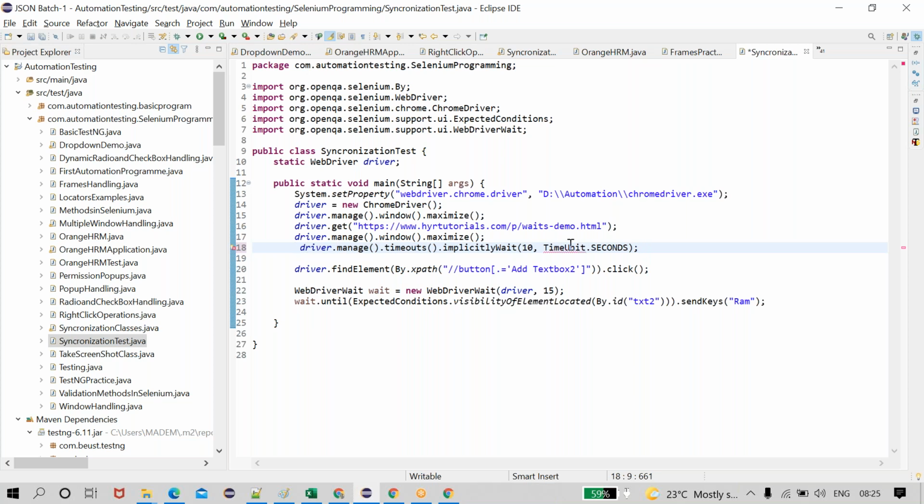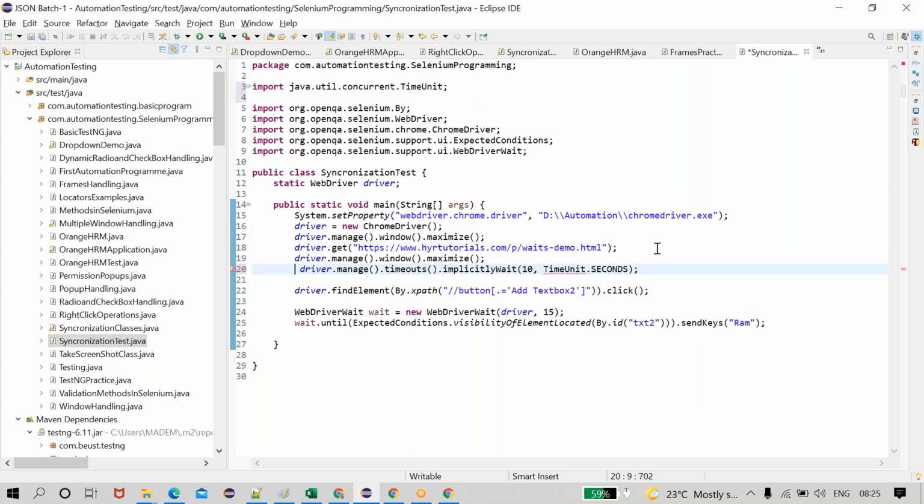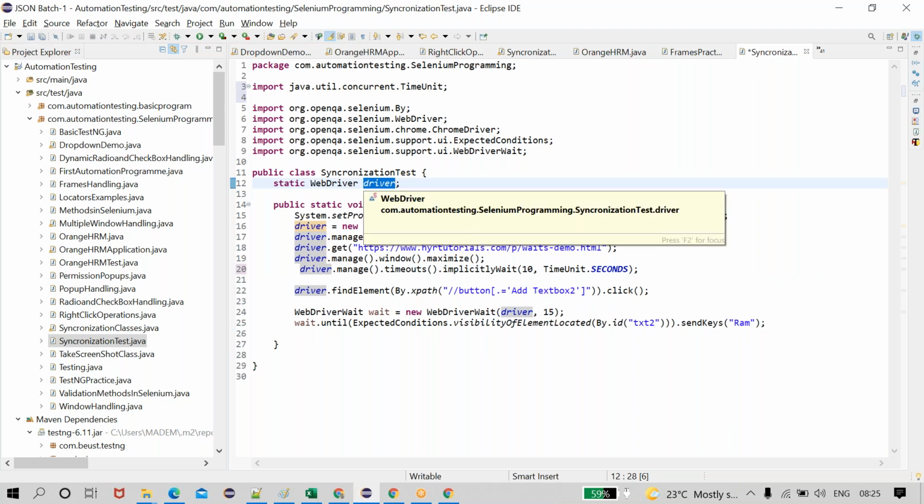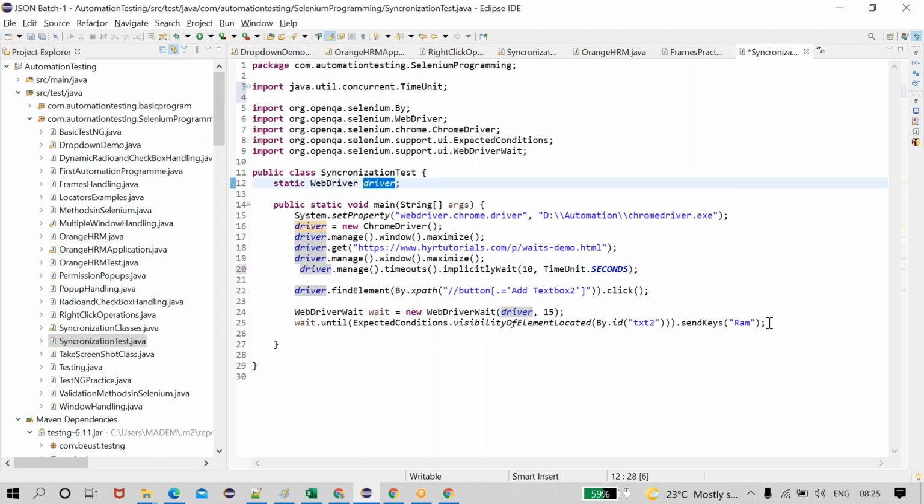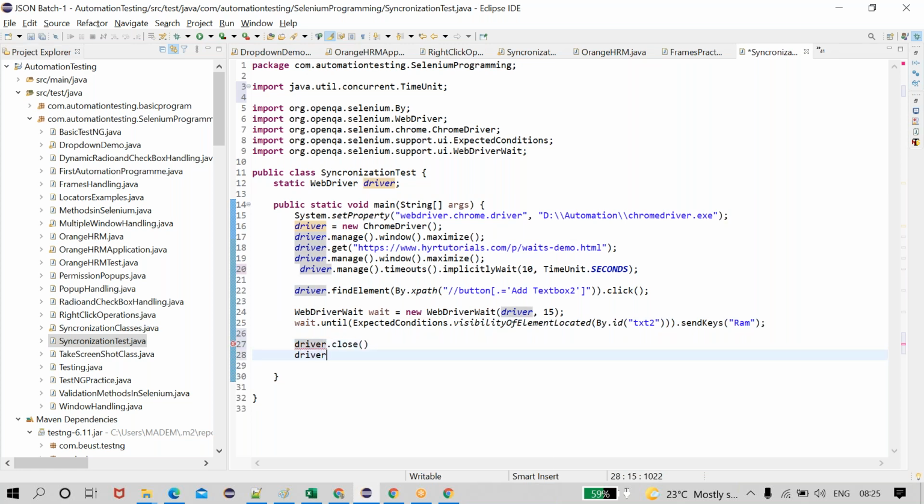Implicit wait is always applicable for the entire WebDriver. Wherever this driver is performing an operation, in all the steps. For example, I am writing some 100 commands: driver dot, driver dot, driver dot.